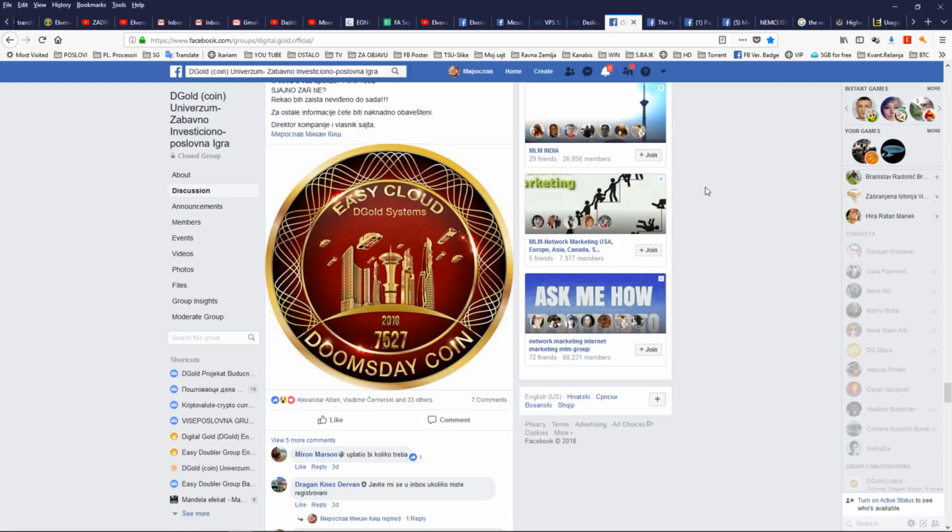So once again, the DGold Universe will be made from galaxies that we already said are systems, and every system of the galaxy will be able to function on its own. But in the DGold Universe, why are we calling it the universe? Because the universe is unlimited, exactly like our system. It is unlimited. So in the DGold Universe, you will have everything in one place.